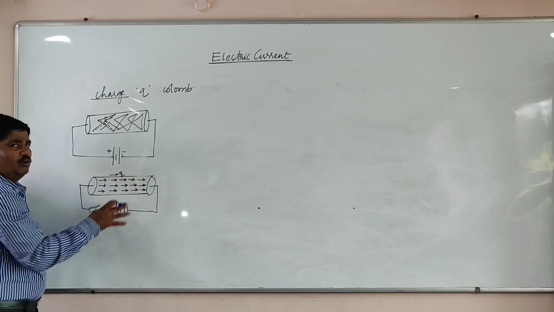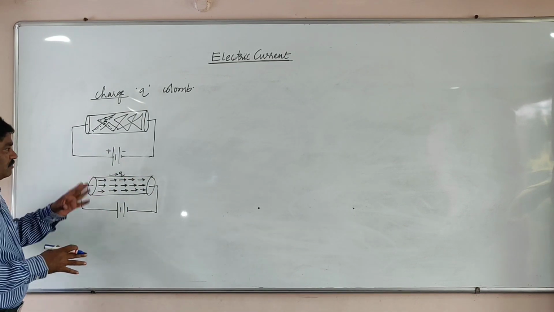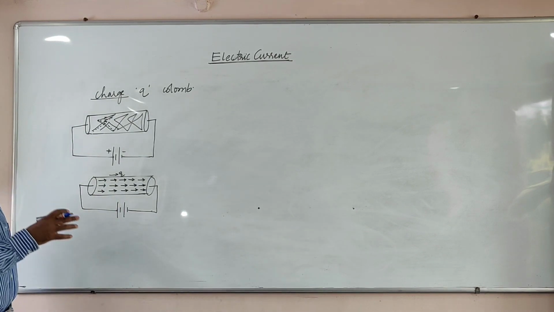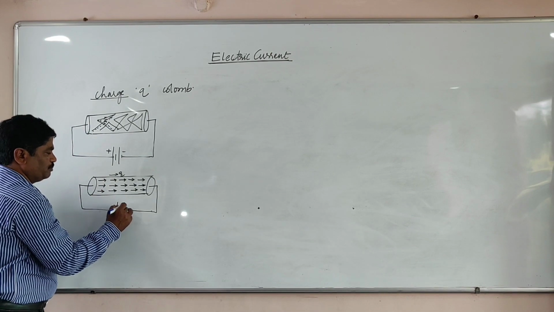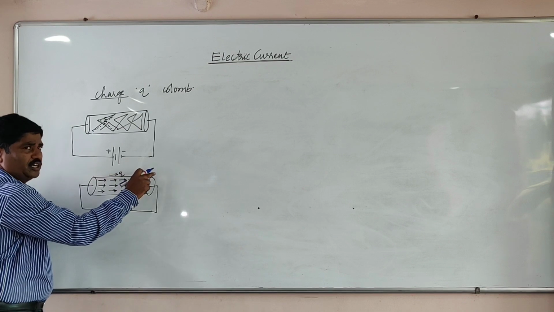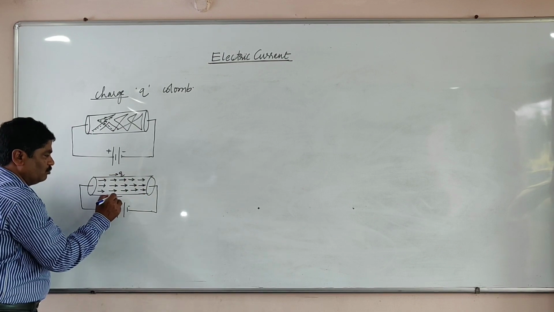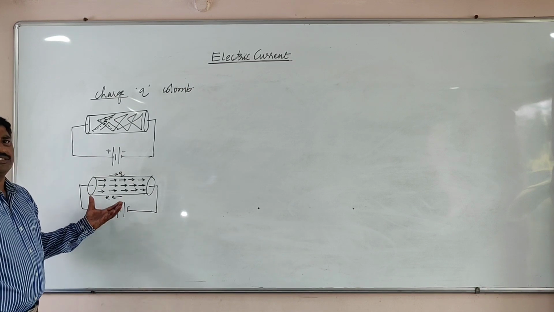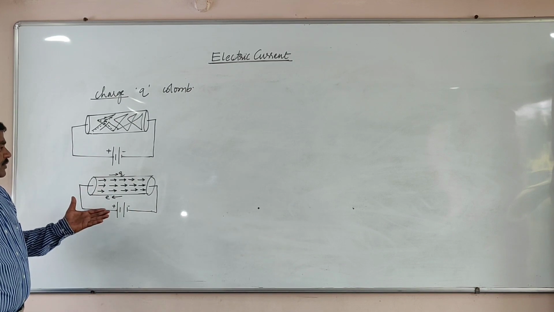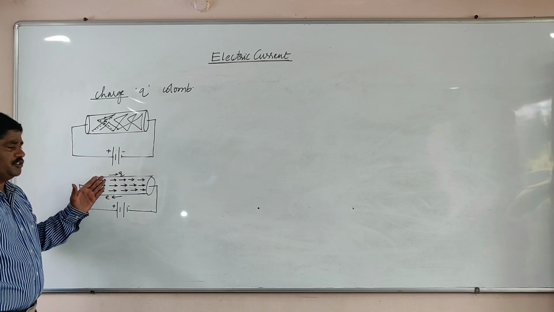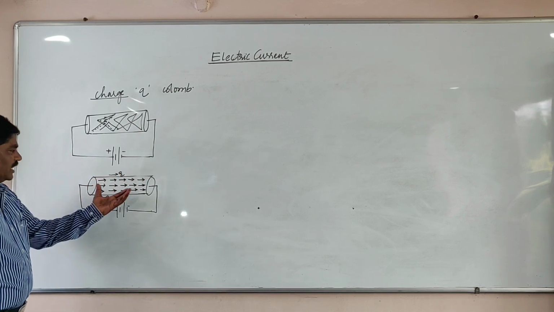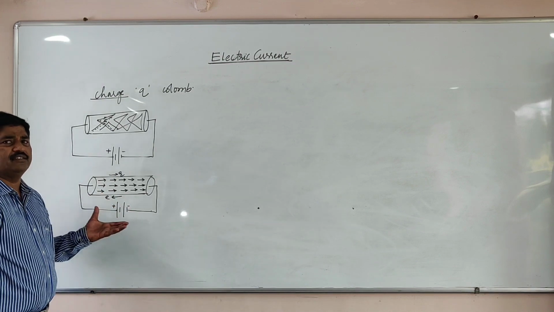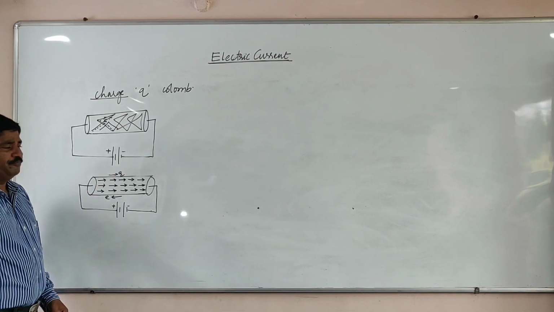The charge flow is always opposite to the external electric field which is applied. Because it goes from plus to minus, that is the charge flow, while electrons always move opposite to the direction of this external electric field. The charge flowing along this direction is called conventional current. The electrons' motion is called modern current.